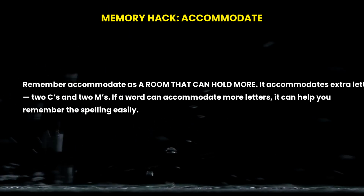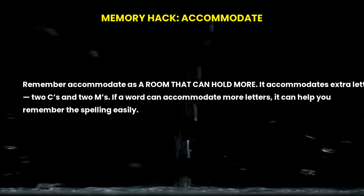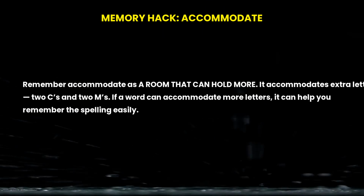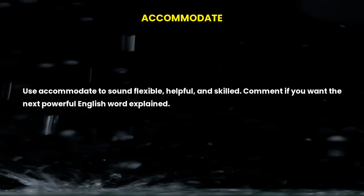Remember, accommodate is a room that can hold more. It accommodates extra letters, 2 C's and 2 M's. If a word can accommodate more letters, it can help you remember the spelling easily. Use accommodate to sound